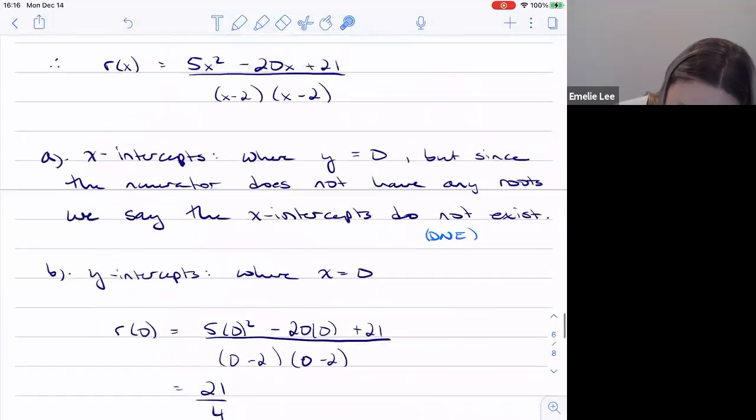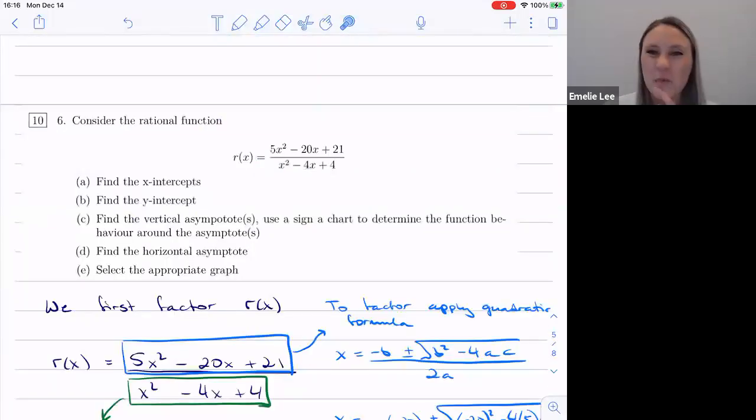What was the next thing we had to do? Man, this is a big question, right? Find the horizontal asymptote. Remember, it depends on the degrees of the numerator and the denominator. If the degrees are the same, which they are in this case, then we take the coefficient of the numerator over the coefficient of the denominator. I can't remember